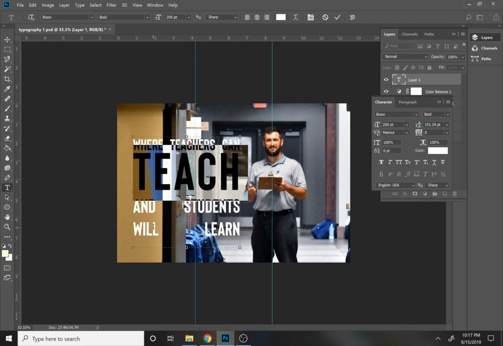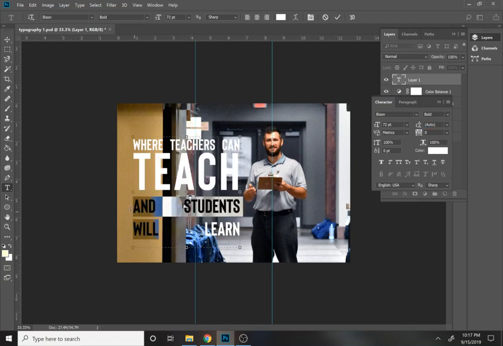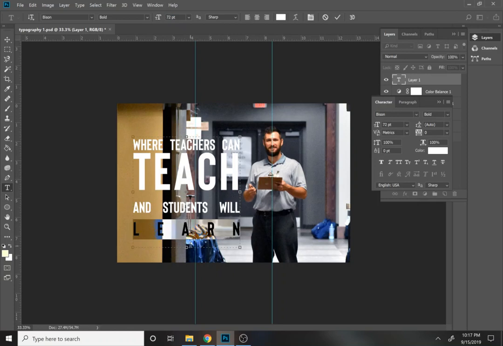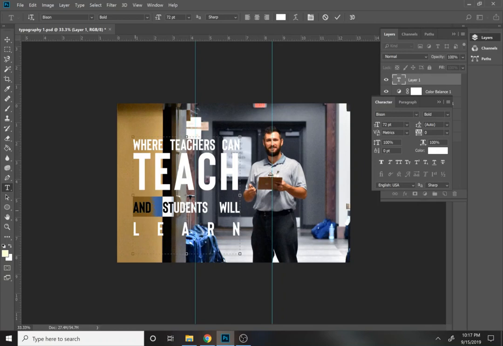And then the same thing here with students will. I want to see if I can shrink that down until they come together. Students will. And then learn. I'll increase the size of that. I'm going to actually make this a bit bigger so this will fit. Actually, I'll take students learn, and I'll decrease